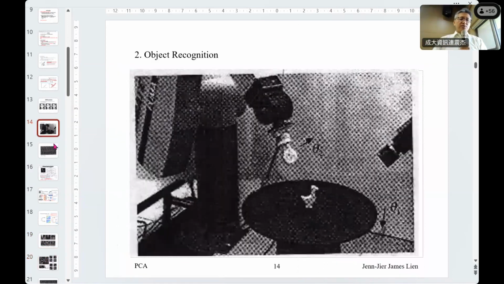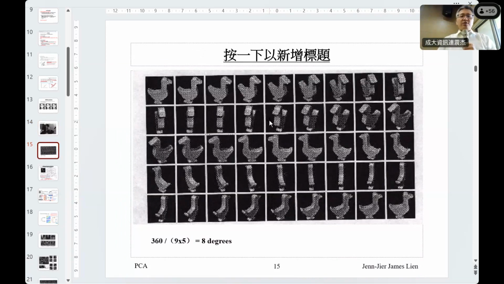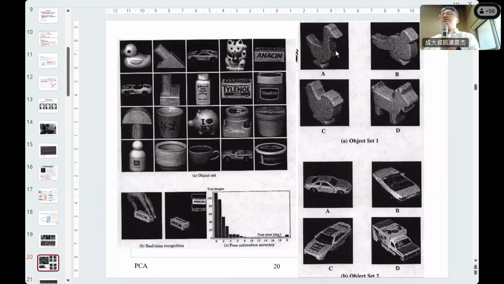So we use this one. So suppose we take for each object, we take 9 by 5, 45. They rotate 360 degrees. They took 45 images. So we have 4 targets. Each has 45 images. And then if I put one target, one object there, can you recognize this object belongs to which one? 就你现在有这个4个物体在空间，那你把它收集资料以后，随便给你其中一个物体，你知道这个物体是属于哪一个吗？